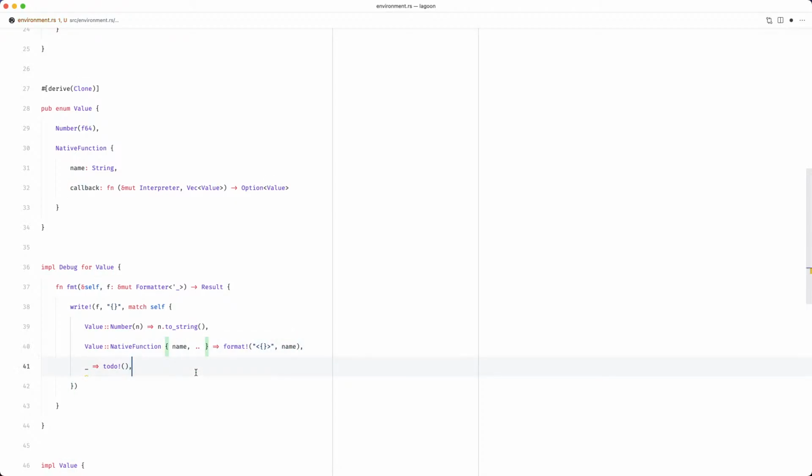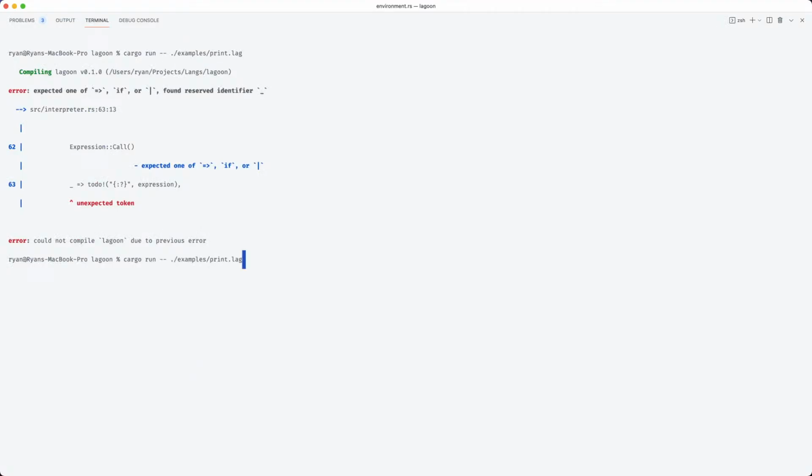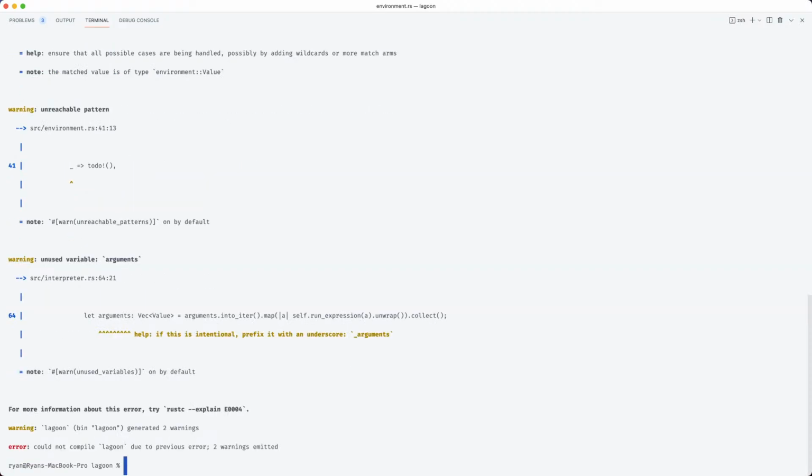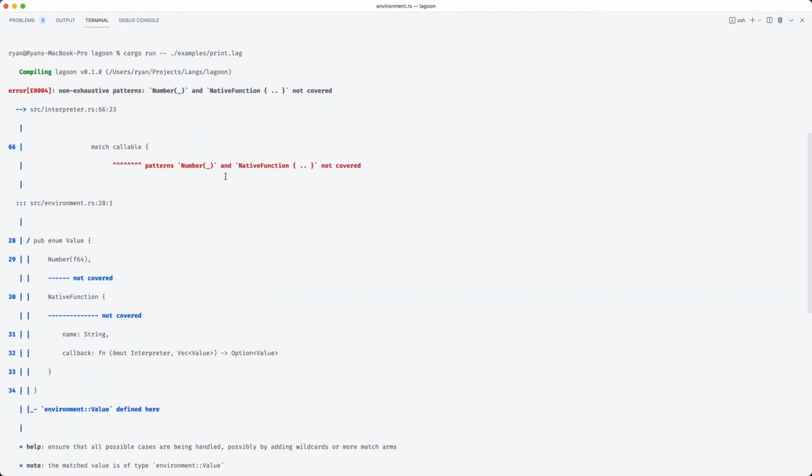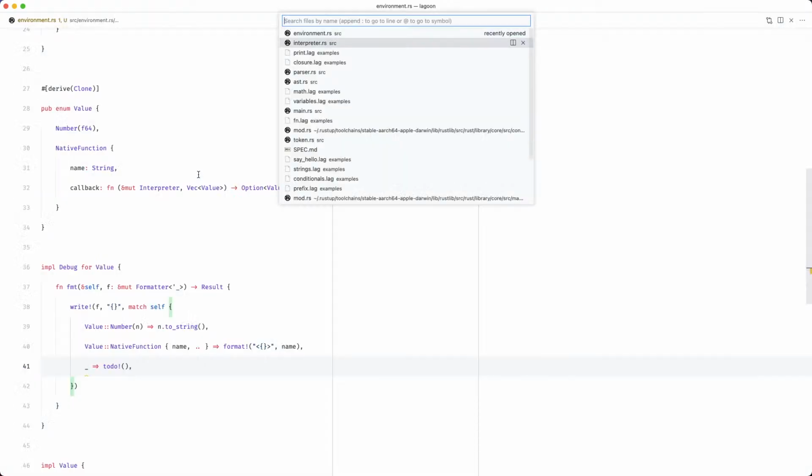We don't need the callback. And that should work. Yeah, that should compile at least. Nope. Patterns number, yeah, of course.